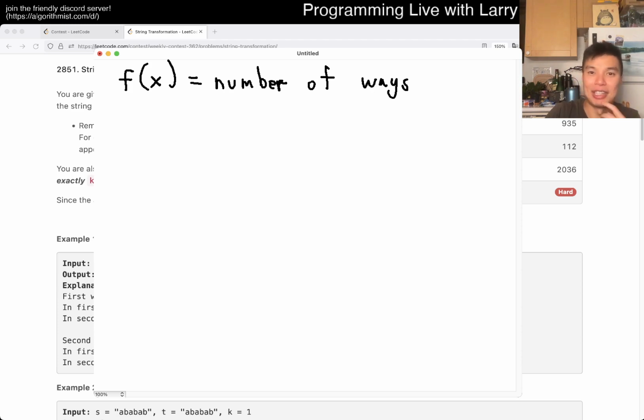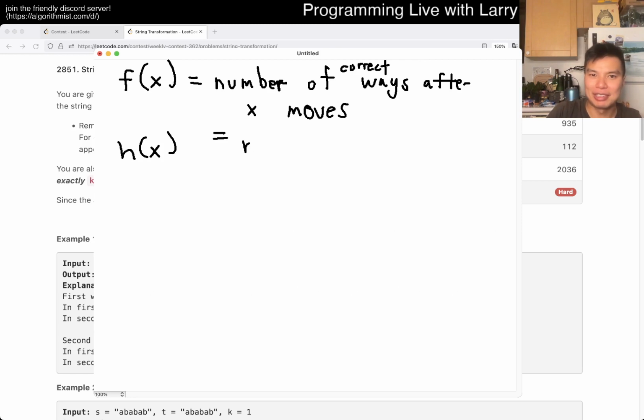Maybe this time I didn't have to. Let f of x be the number of correct ways, meaning S is equal to T, after X moves, right? People always wonder why I don't write these. Now you see why. And maybe another, h of x, where h of x is equal to the number of incorrect ways. And incorrect just means